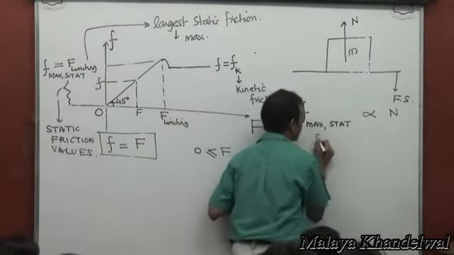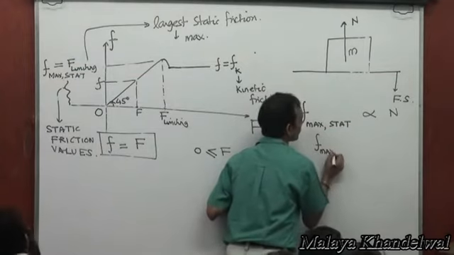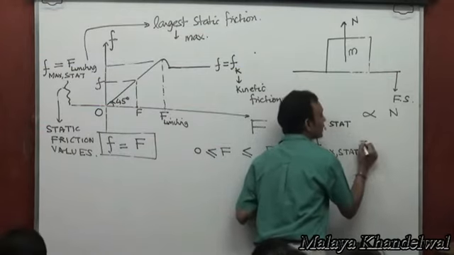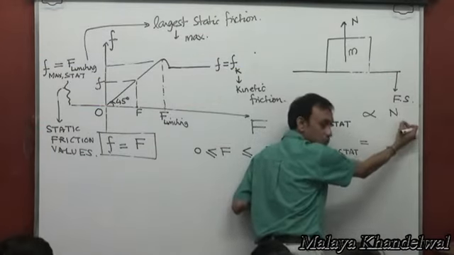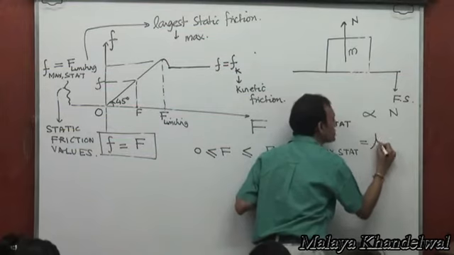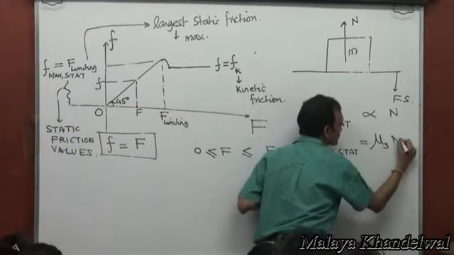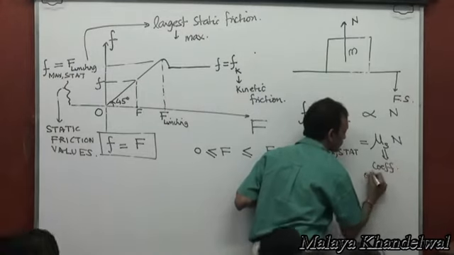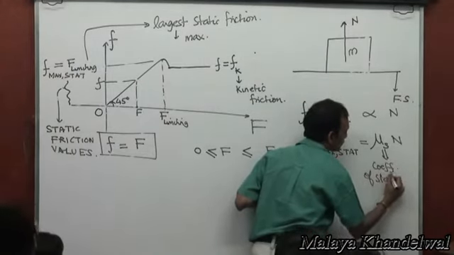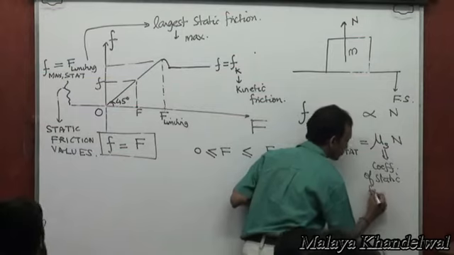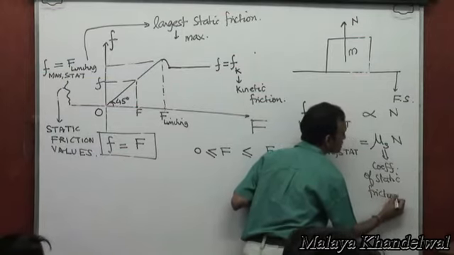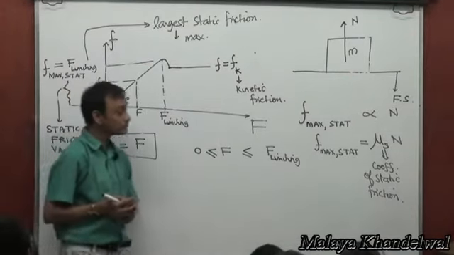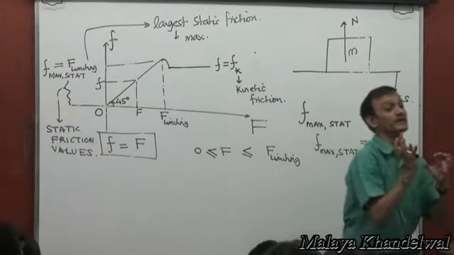And that is some constant times N, and that constant is referred to as mu s, the coefficient of static friction. The value of this mu s